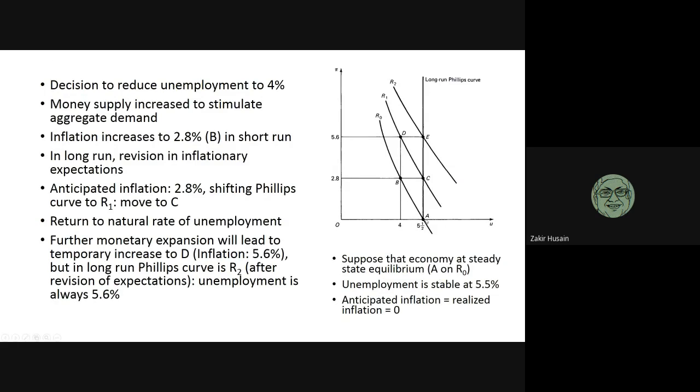Okay, so what happens over here is this is the equilibrium. Unemployment rate is at the natural rate. There's no expectations. We don't expect the inflation rate to change. That is pi star is zero. What happens is when money supply is increasing, you move up from here to here, along the short run Phillips curve, along R0. So inflation rate increases, and unemployment falls below the natural rate of 5.5.